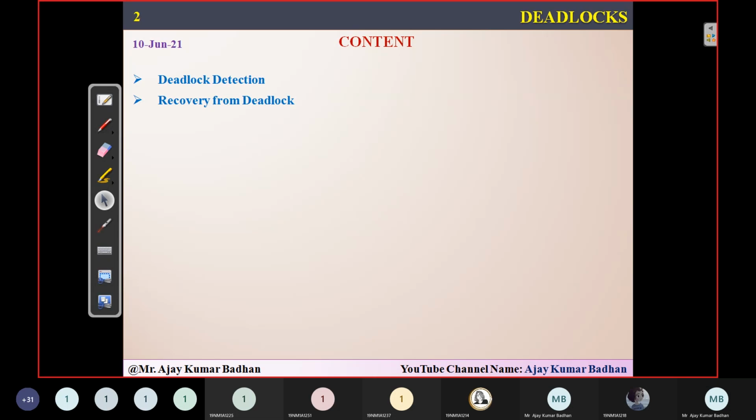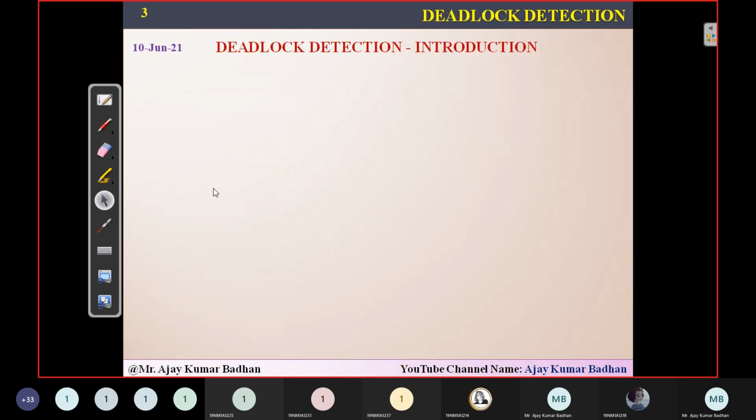Here also we have one nice algorithm similar to the one we have seen in deadlock avoidance, that is nothing but the banker's algorithm. Like the banker's algorithm, we have something called the deadlock detection algorithm. It is also very easy and similar to the previous one, like the safety algorithm we have seen, but with a small modification. That's it. The remaining process is very much the same. So today we will try to cover the deadlock detection algorithm, and followed by that we'll discuss how we can recover from that particular deadlock situation.